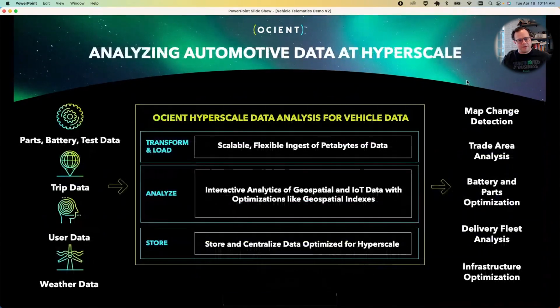Now, how does that factor into solving these automotive challenges as we go forward? Well, the data is coming in from parts data, test data, battery data. We have trip data, which includes geographic data, data about the user and what they're doing, and weather data. So we've got a wide variety of data sources that can come in, and we have the ability to transform those and get them into a structure that's optimized to run analytics on, and we can also optimally store